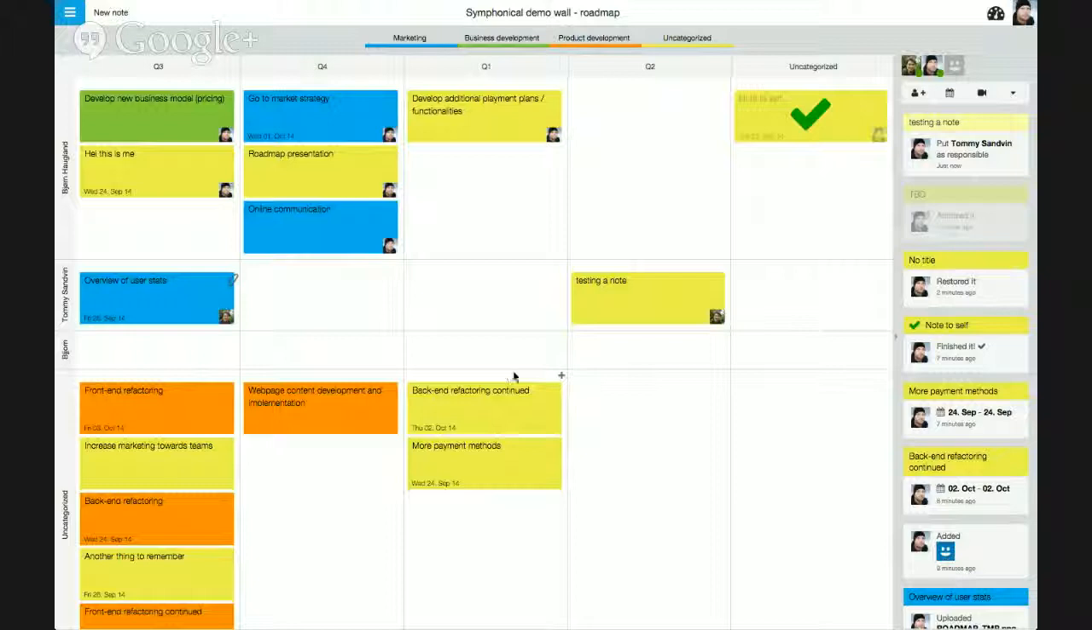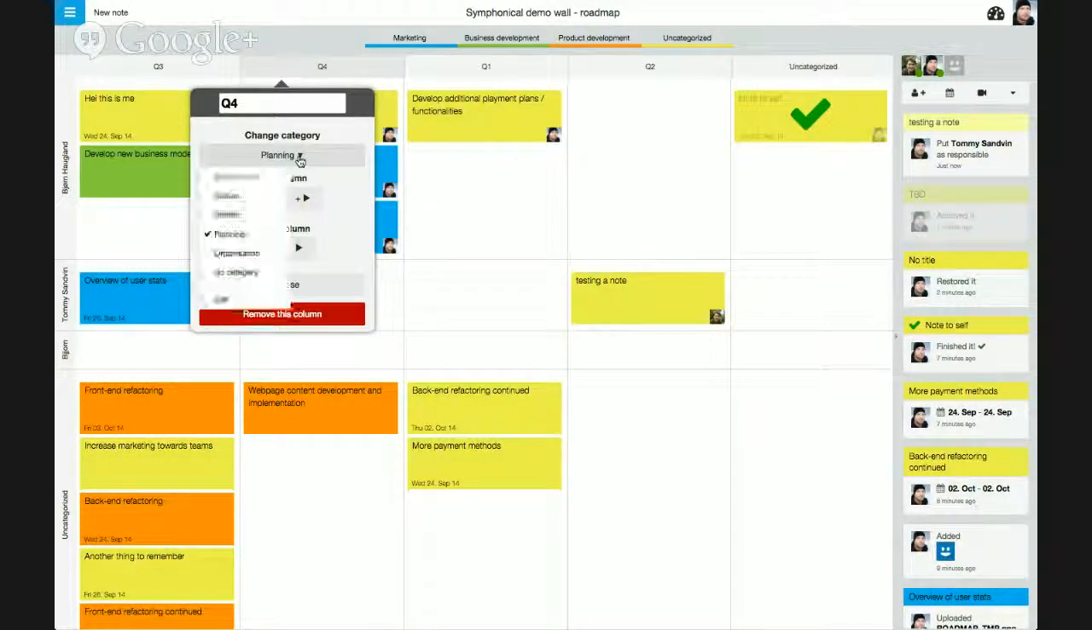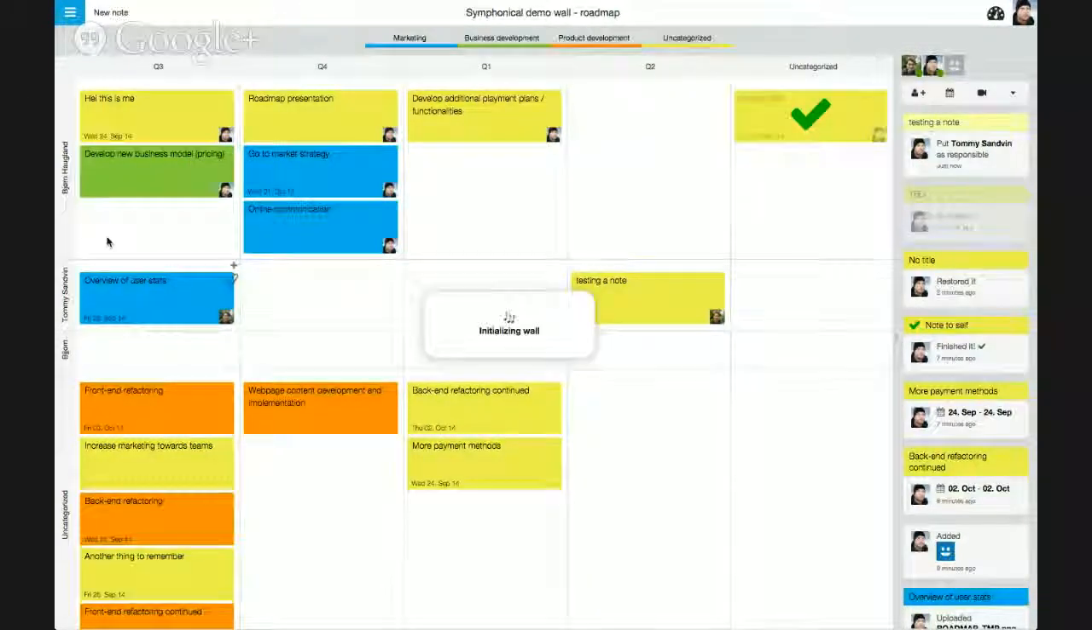Of course. If I want to organize the notes in a different order, I just drag and drop it and say, I want these two to be in a different order. That means I can change the order of the notes. That's one way of organizing it. If I want to take away the columns,